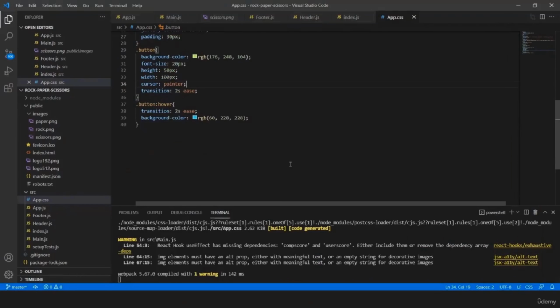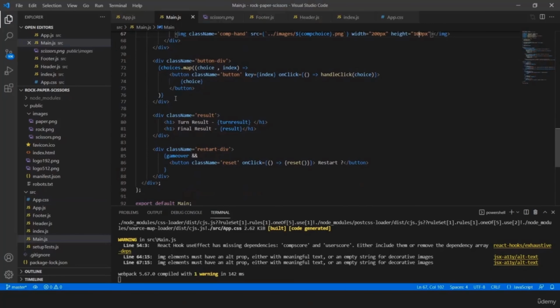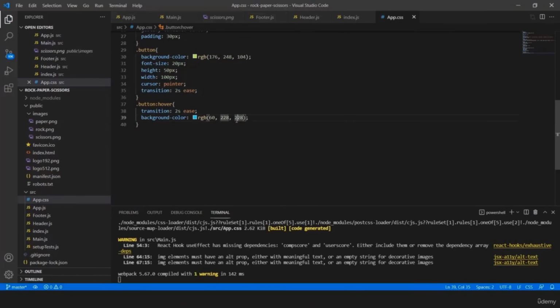So for that, let's go on to our main component, and we need to target the result now, because the buttons part is done. Now we are going to the result. So let's target the result,